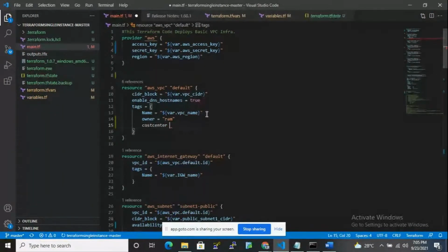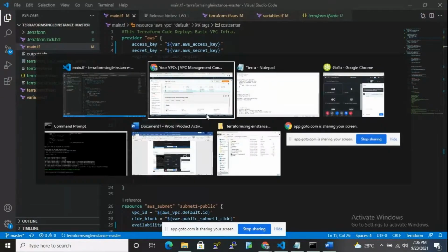Cost center is equal to 8,000. So those are our requirements. Okay, so next, save this file with control S, and again back to command prompt,